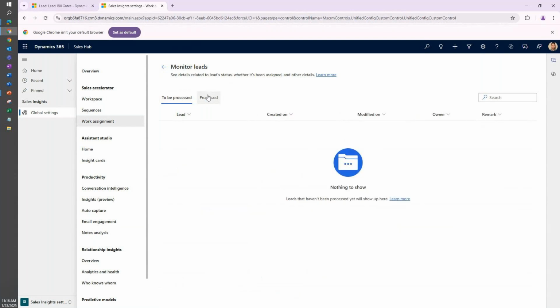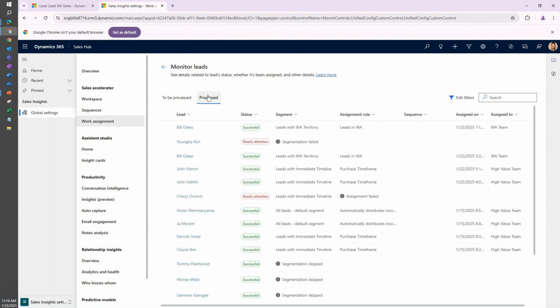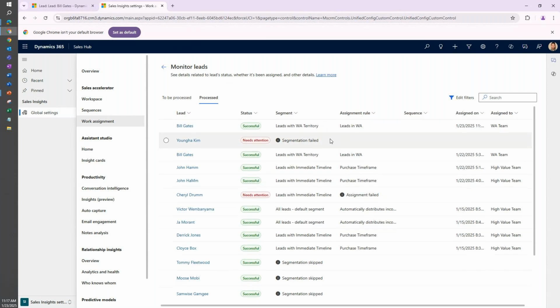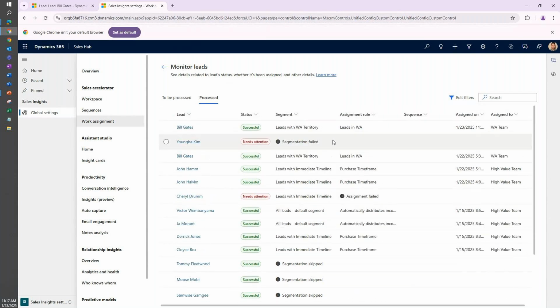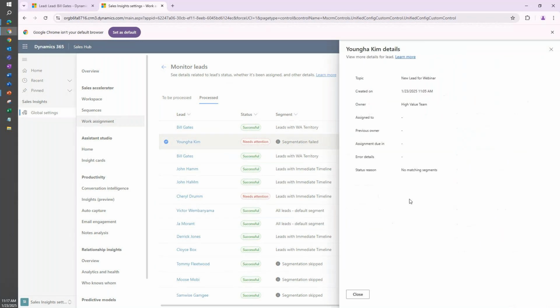Each of these leads that are created, if you do turn this feature on or add rules, it's nice to check every one that's processed, because there may be some that slip through the cracks in terms of which ones meet the conditions or not. So if there are any leads that didn't meet any conditions, you're going to get this status saying needs attention, and you can see the status details. And so if it didn't meet any of the conditions of your segment rules, it's going to need